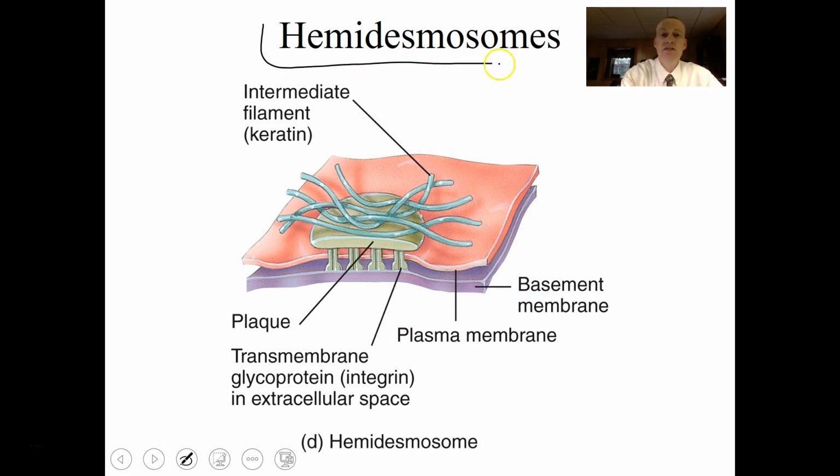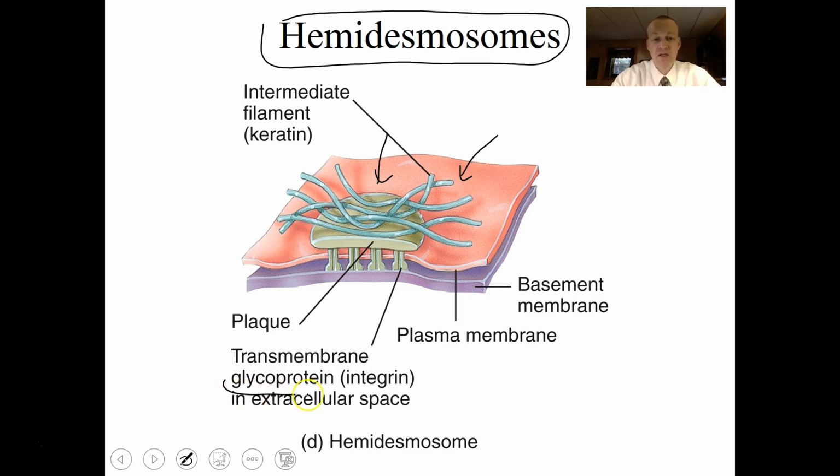Now, hemidesmosomes, you can see hemi kind of means half. You have your plaque, your protein anchor, and also a glycoprotein down here that anchors this plaque into what we call the basement membrane. This is a very specific kind of attachment, an anchoring point into a basement membrane. We'll talk about the basement membrane in just a minute, but this is an